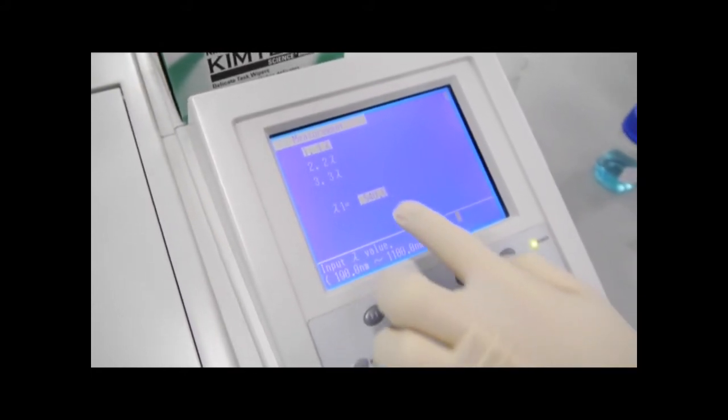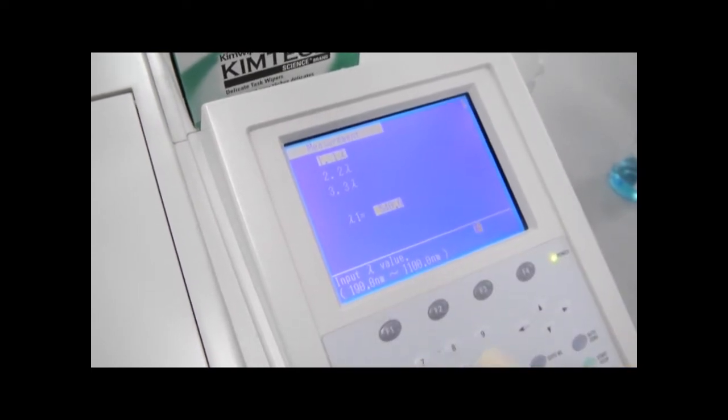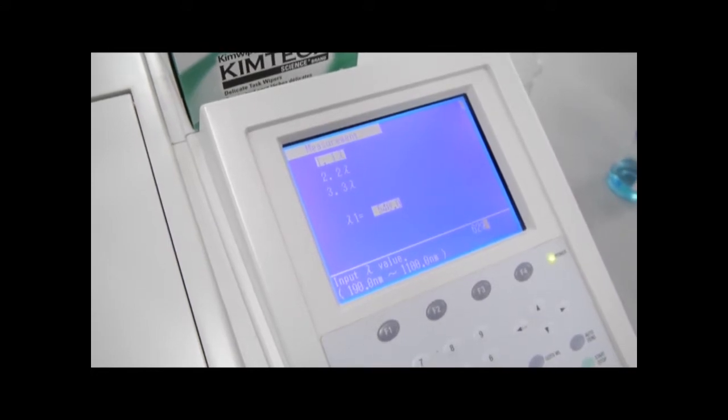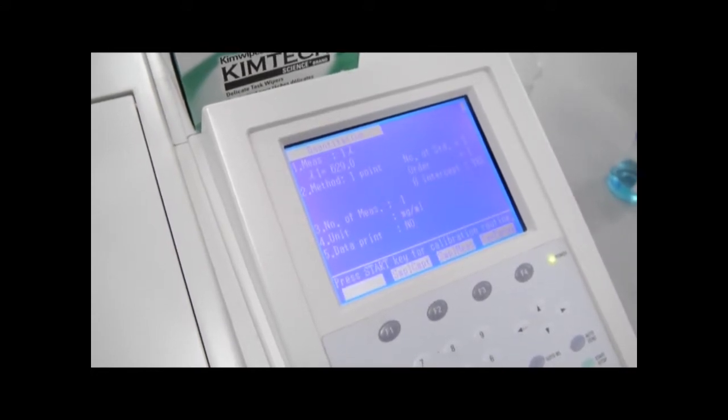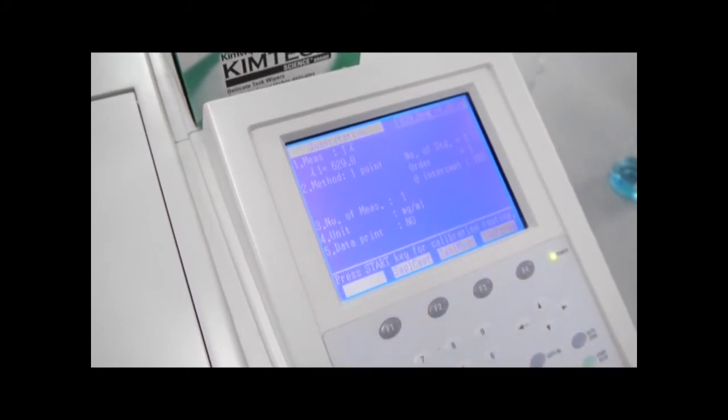key in the wavelength that you have defined, which is 629 in this case because I'm testing for copper sulfate. Once done, enter. Under item number 2, method,